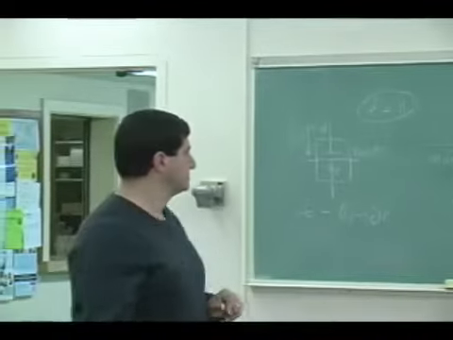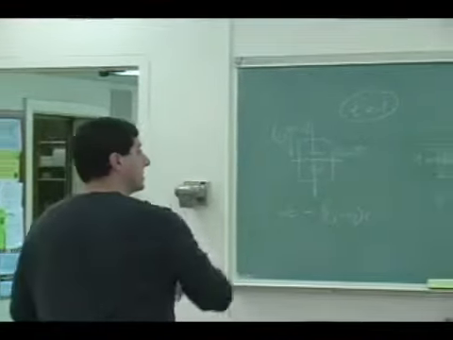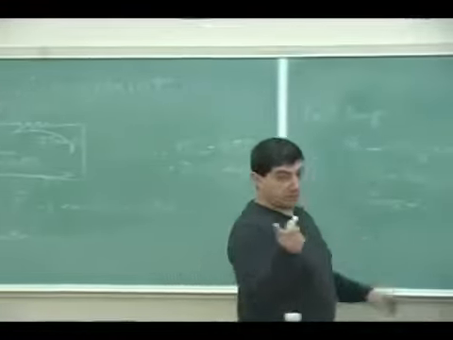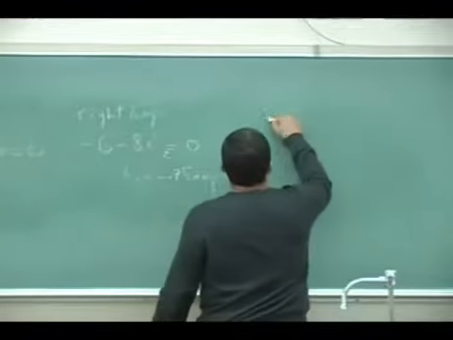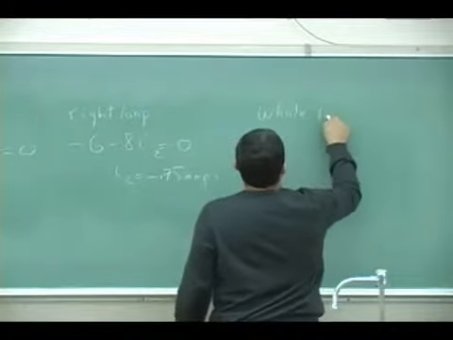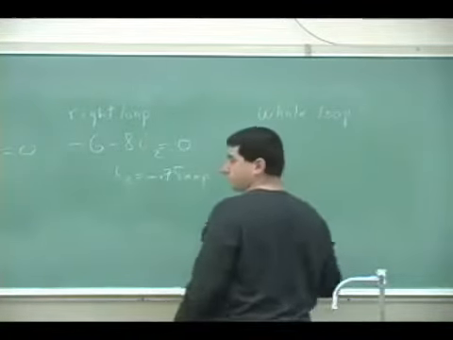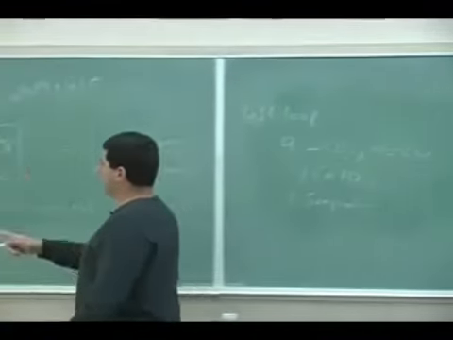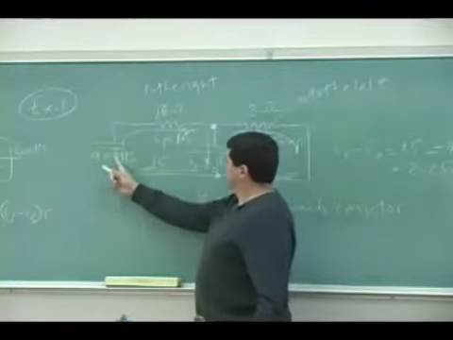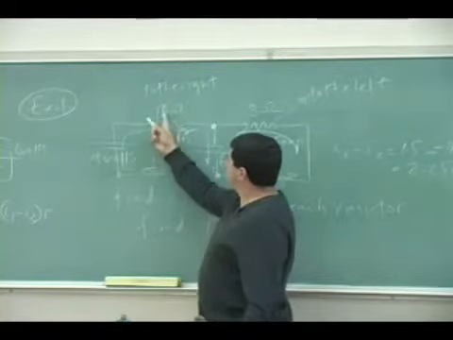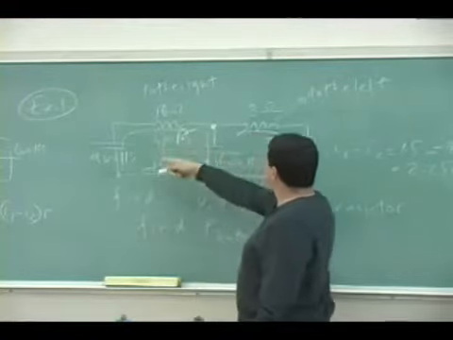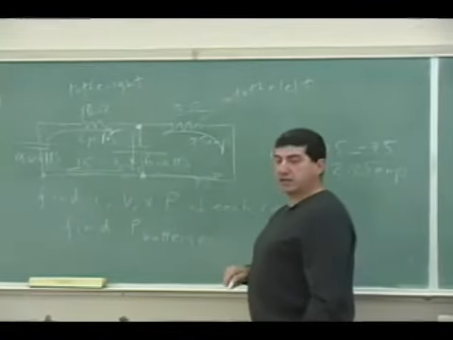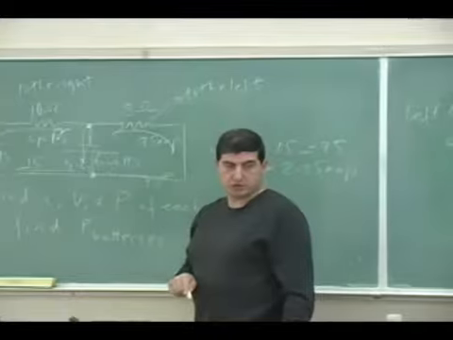Now, what if we had not done the right loop? What if we had done the whole loop? We should still get the same answer. Okay? So what's going to happen then? Well, we start over here, go up 9 volts, we go across 10 I1, you lose 10 I1, and then here 8, we lose 8 I2. Okay? Remember, at the beginning,